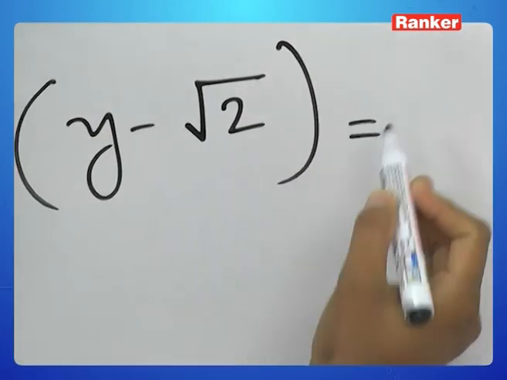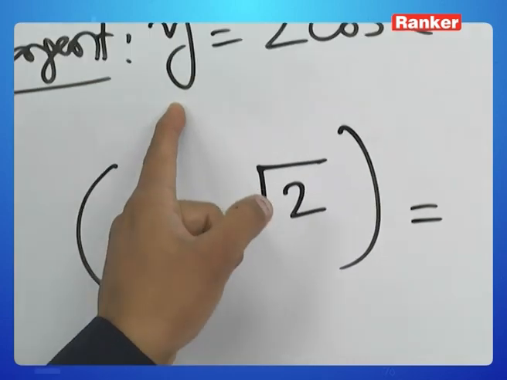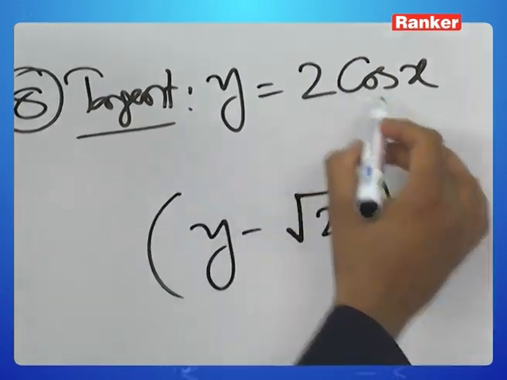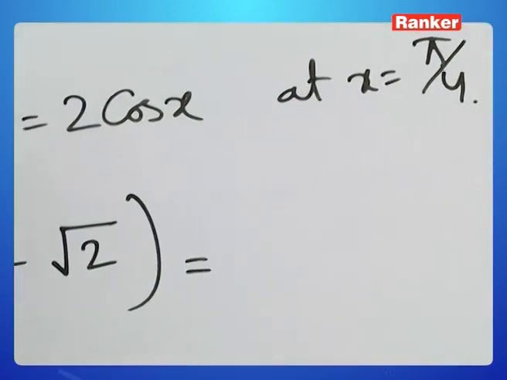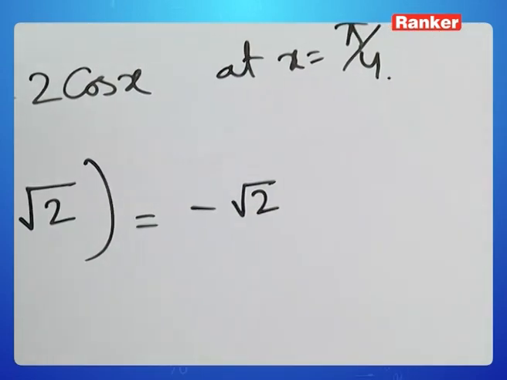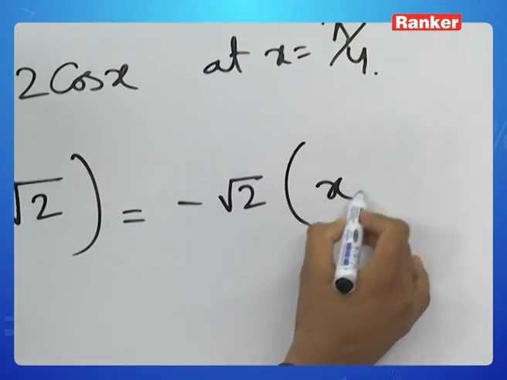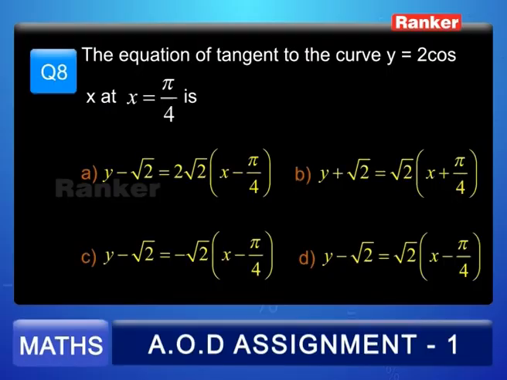Y minus root 2 equal to the slope of the tangent. Slope of the tangent is given by the derivative. y dash is minus 2 sin x. Minus 2 sin x at x equal to pi by 4 will be minus root 2, since sin pi by 4 is 1 by root 2. So the equation will become y minus root 2 equal to minus root 2 into x minus pi by 4, where pi by 4 is the x coordinate of the point. So this will be the equation of the tangent, and when we simplify this, the equation will be in the form